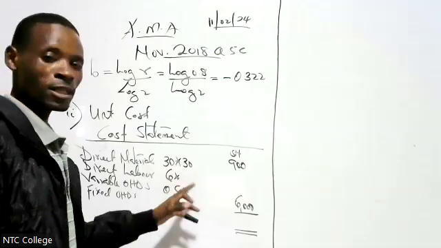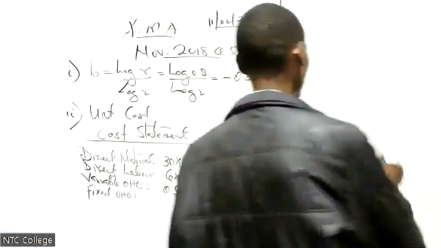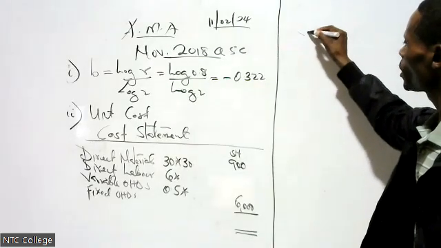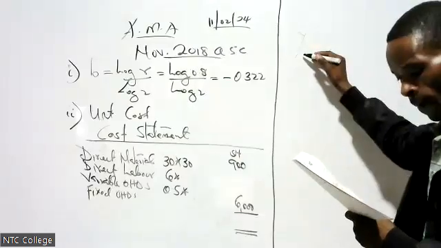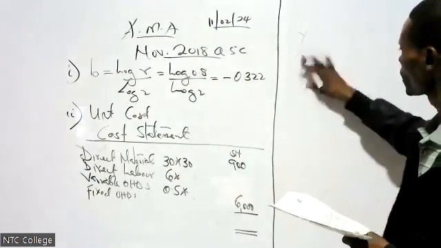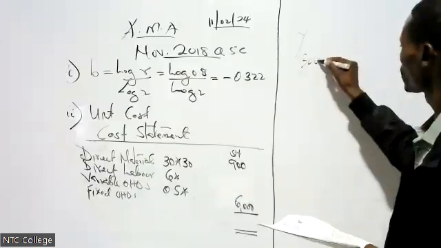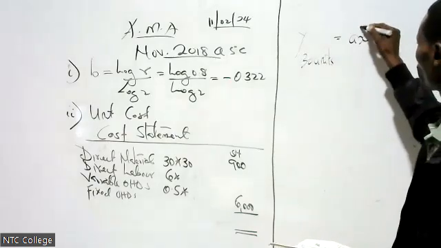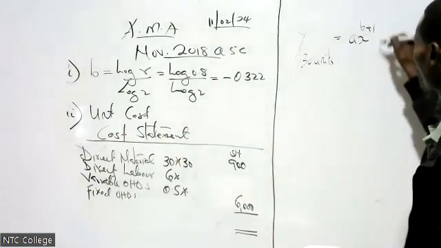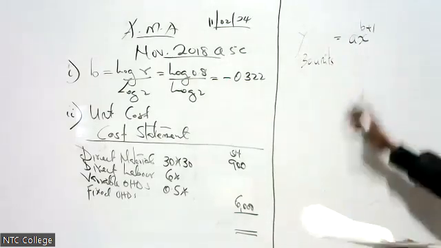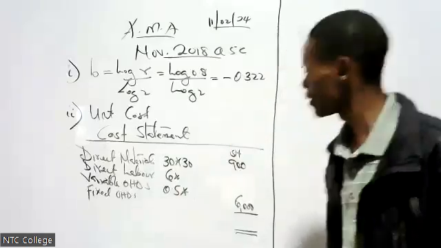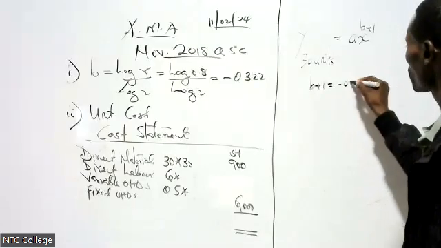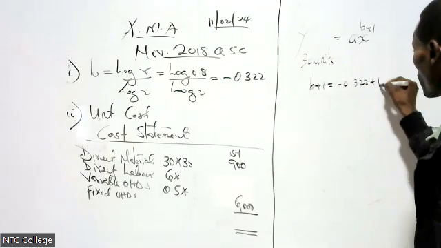Now let us work out the labor hours. Time taken to produce 30 units would be equal to a x raised to B plus 1, because we need the total hours, not the average hours. So I can have negative 0.322 plus 1, coming to